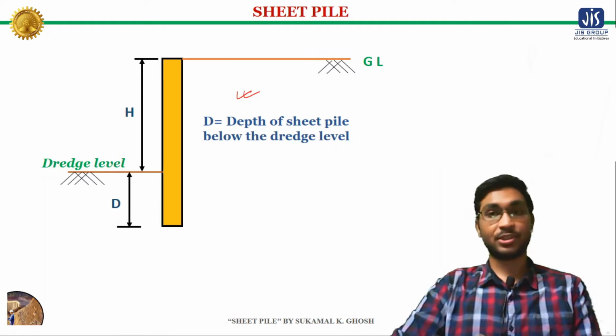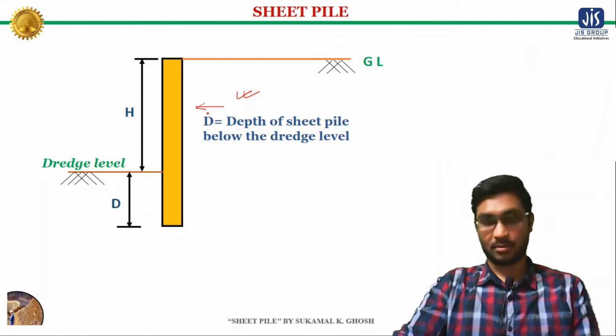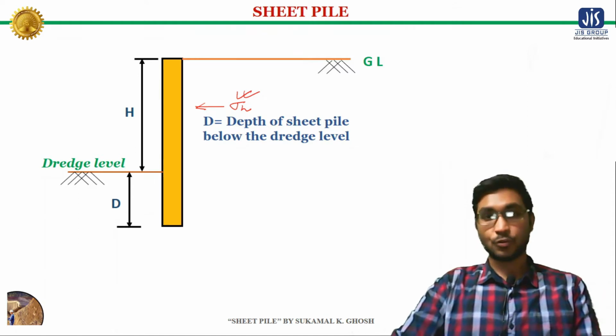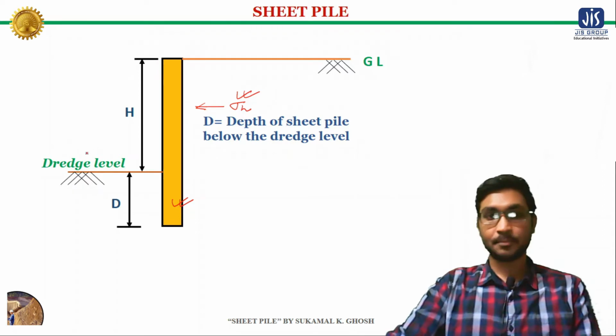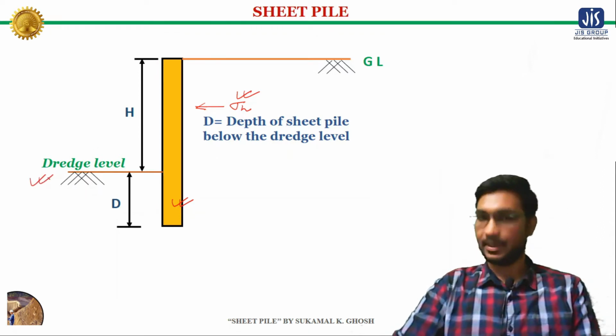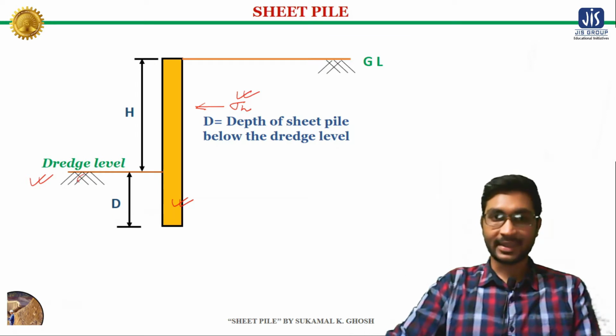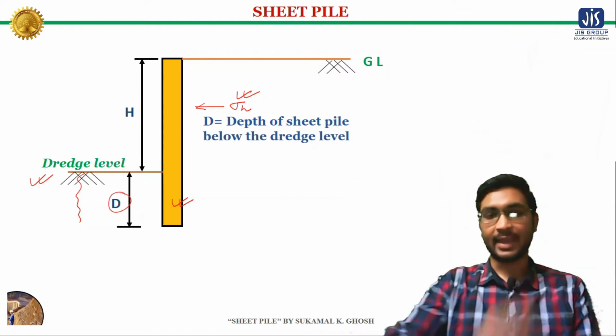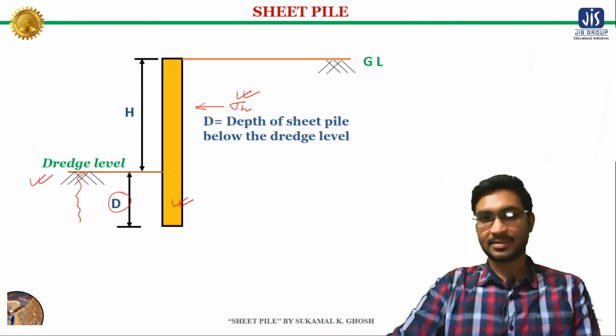But as we know, the sheet pile is light in weight, it may try to rotate due to the lateral pressure, that is sigma h, provided by the backfill soil mass. So if we want the stability of this particular sheet pile, then we may provide the soil at the left side of the sheet pile as well, as we provided in this case. See, we have provided a depth of D soil mass at the left side of the sheet pile, and thus it does not lose its stability.